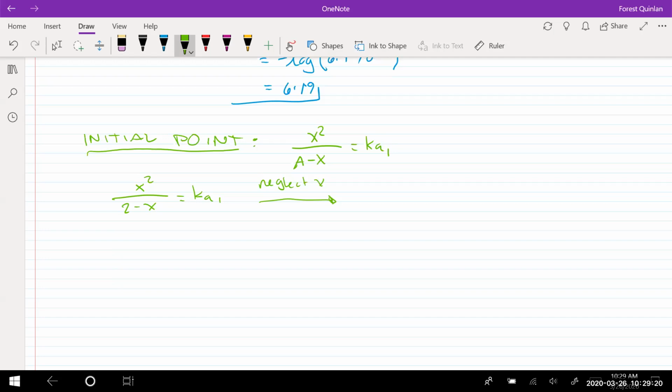All right. So let me go ahead and rewrite that a little bit better. So now we have X squared over 2 is equal to 7.1 times 10 to the minus 4. X is going to be equal to